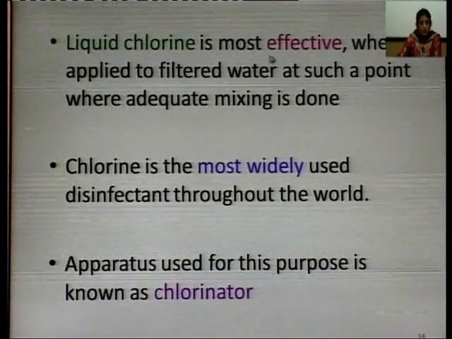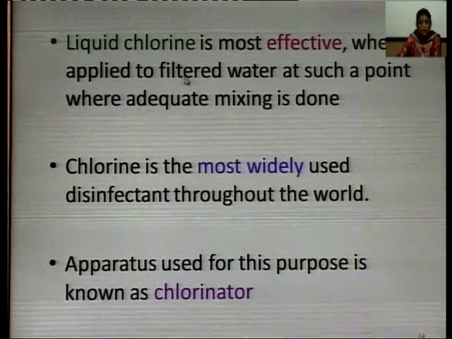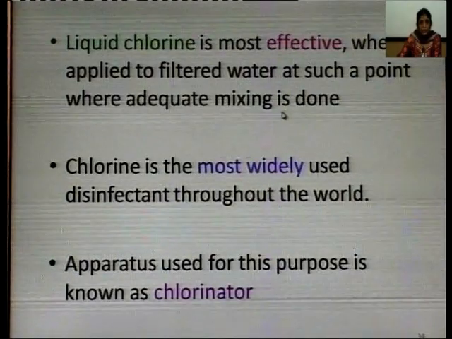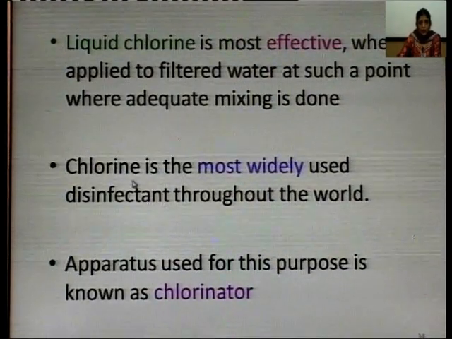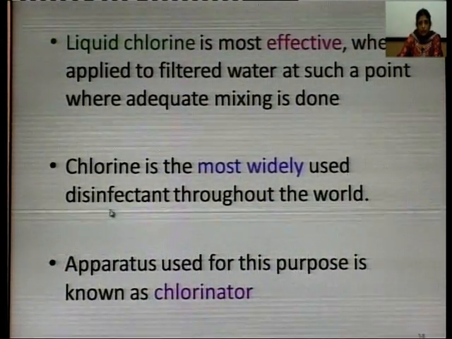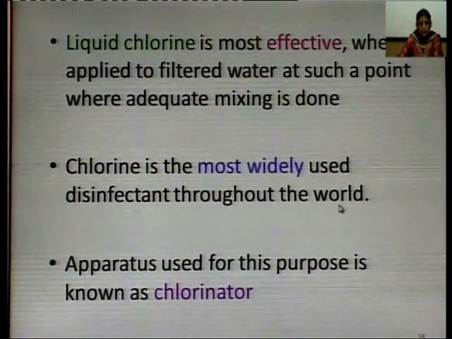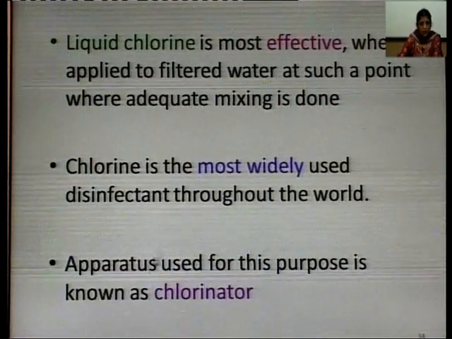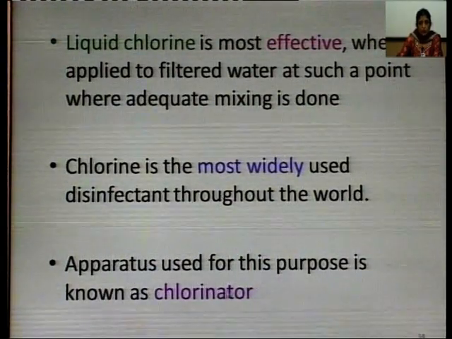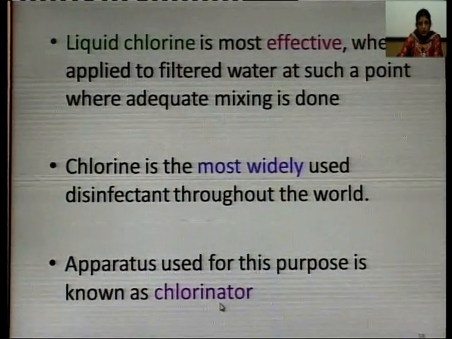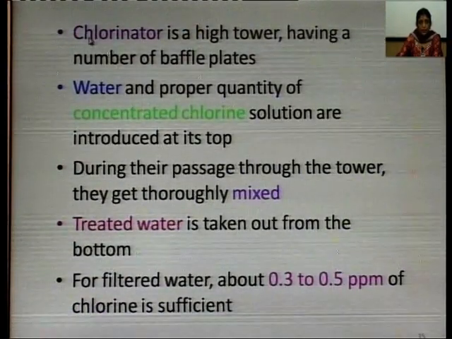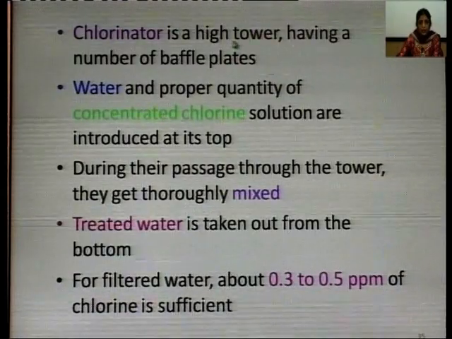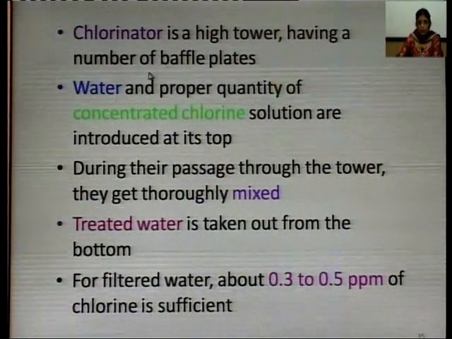Liquid chlorine is most effective when applied to filtered water at a point where adequate mixing is done. Chlorine is the most widely used disinfectant throughout the world, and the apparatus used for this purpose is known as a chlorinator. Let us have a look at the chlorinator. It is a high tower, having a number of baffled